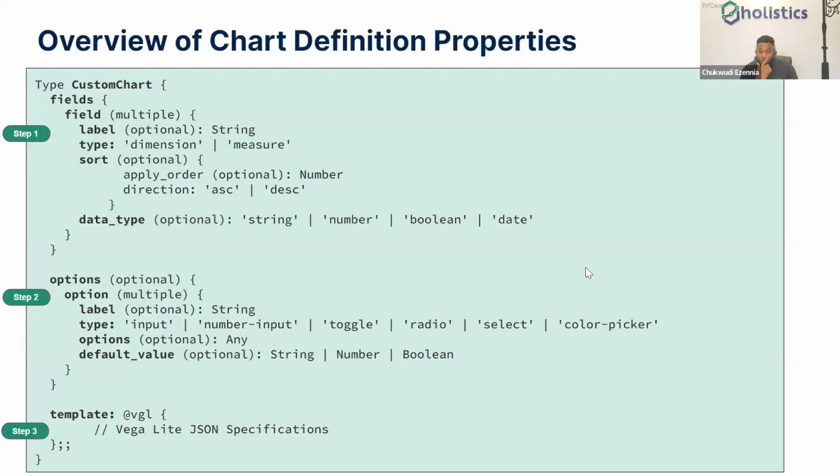So this is an overview of the different chart properties that are available in Holistics. So let's do a quick run through for all of them. So for the fields, the first thing, you're able to define multiple fields. Obviously, you have charts which will probably use one input field, some use up to 5 and all of that, right? The next thing is a label, right?